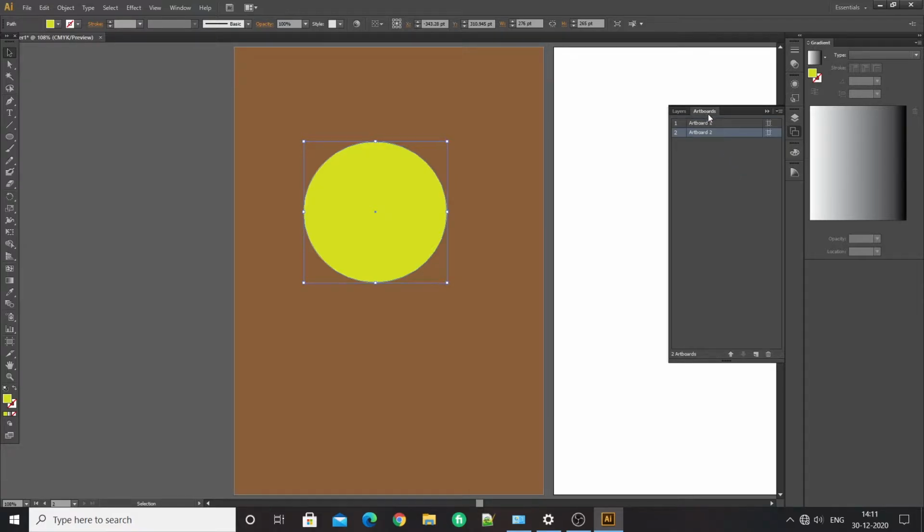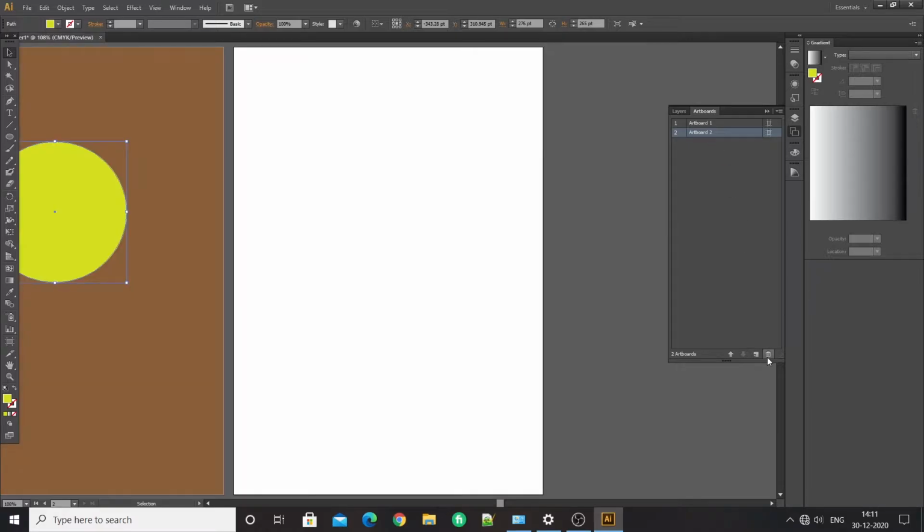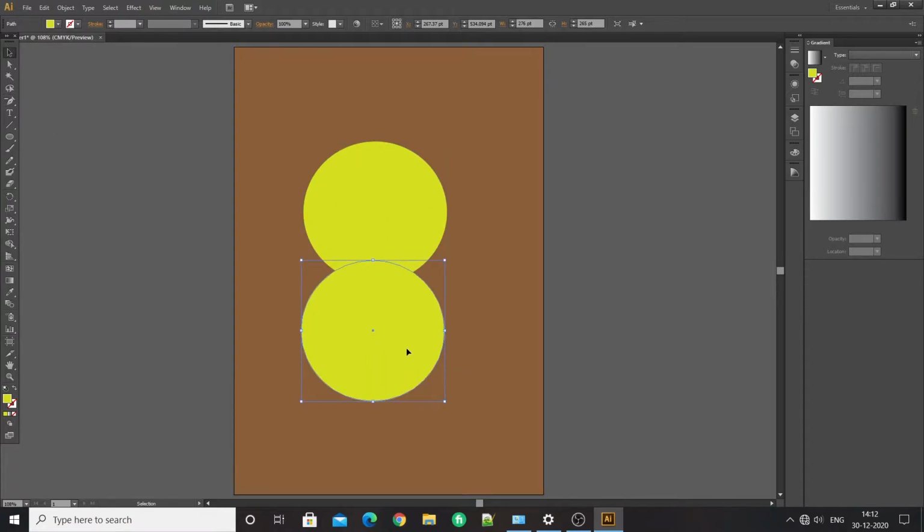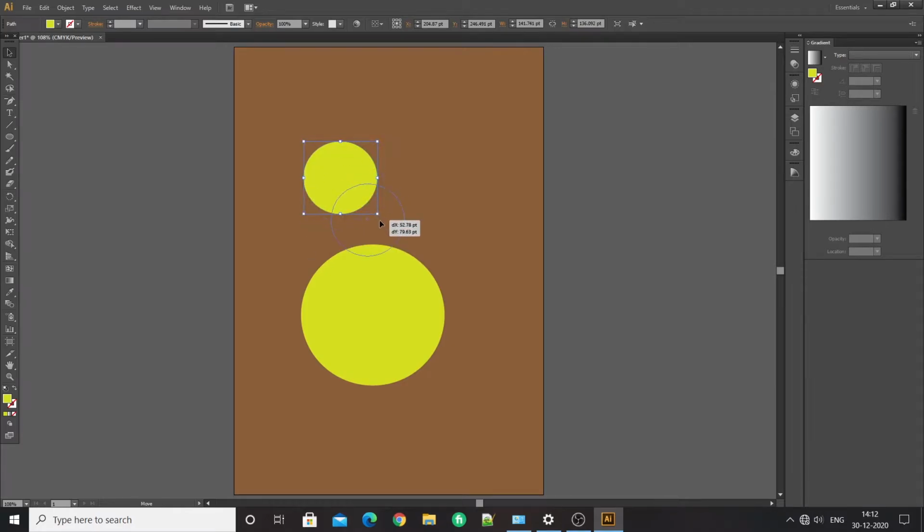I have an extra artboard here. So select the extra artboard and click the trash can icon. It will get deleted. Let's take a copy of the circle by pressing Alt on the keyboard and dragging it with your mouse. One circle is for the snowman's head and another one is for his body. So you have to scale one circle. For scaling, select the circle, click and drag the transform gizmo from the corner point holding Shift. Holding Shift while dragging gives a proper circle.